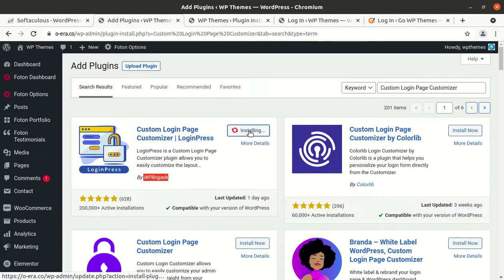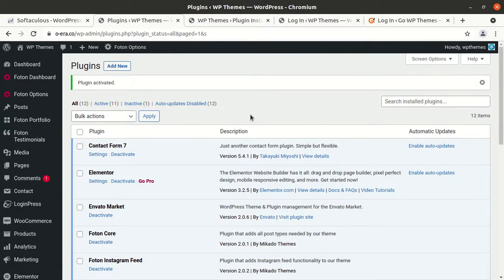Click on install now, and the plugin has been installed. Just activate it. Now the plugin has been activated.